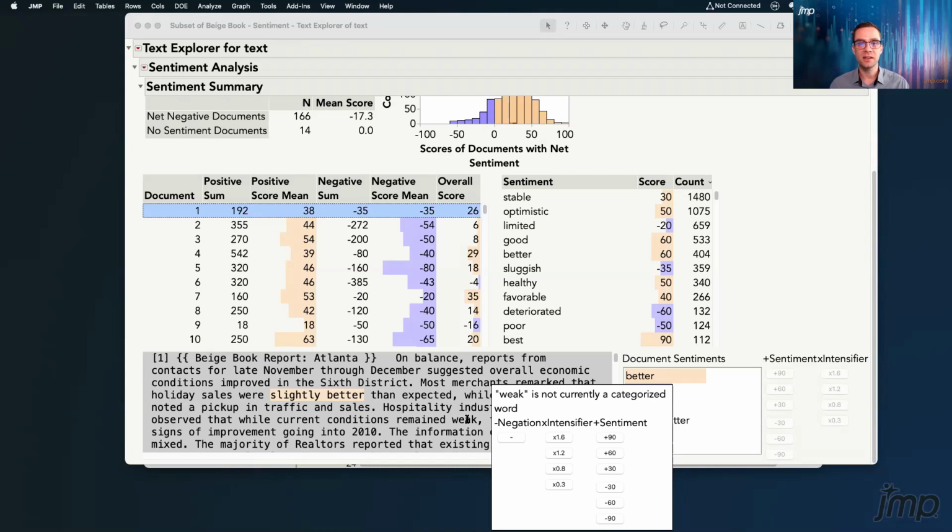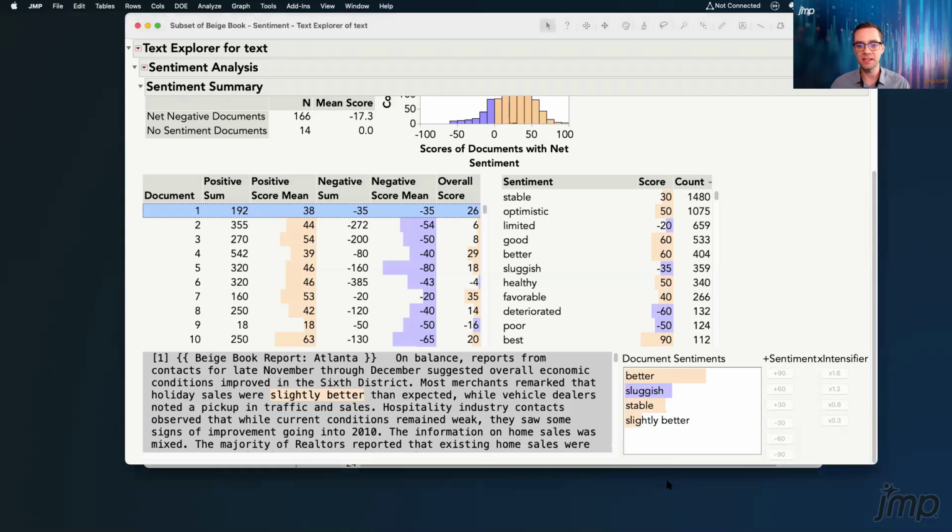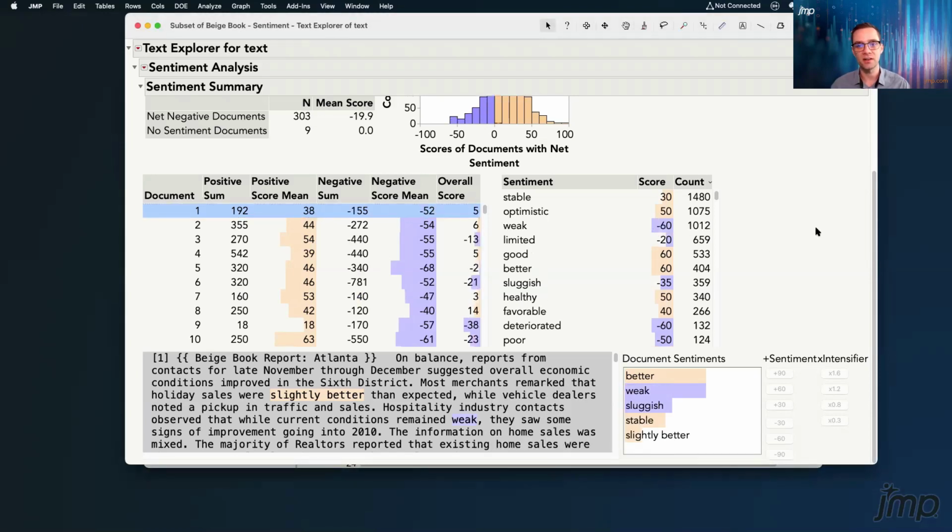Now you'll see it's not highlighted. That means weak is not currently in my dictionary, but I can add it really easily. I just hover over that term right in the text, and I can add it as a negator. I can give it an intensifier value or a sentiment value. And so it's moderately negative, so I'm going to click -60. And what happens is that's now added to my dictionary and all the sentiment scores are recomputed in real time